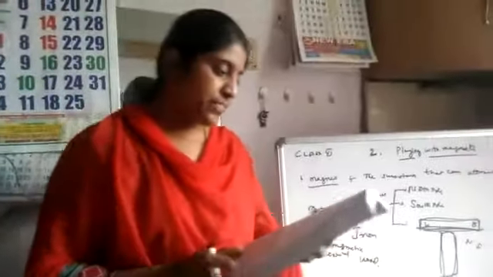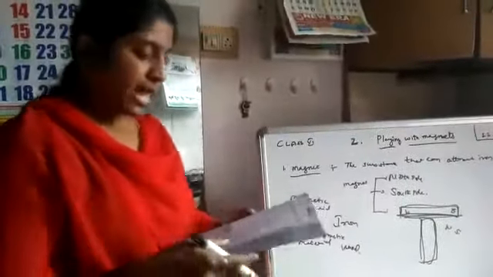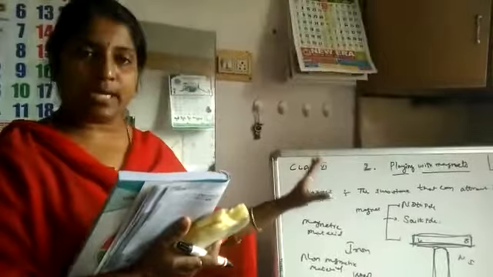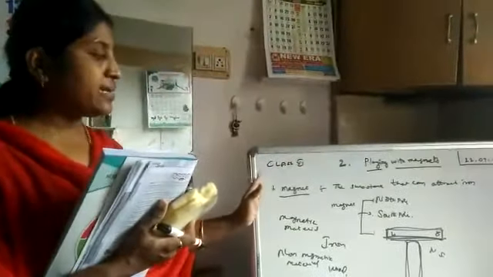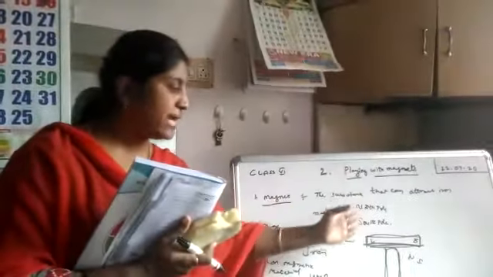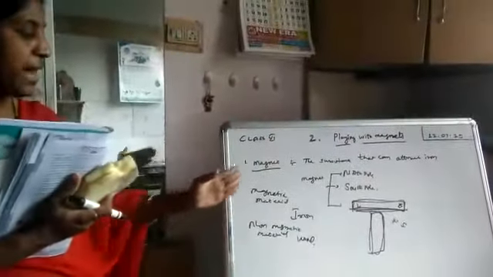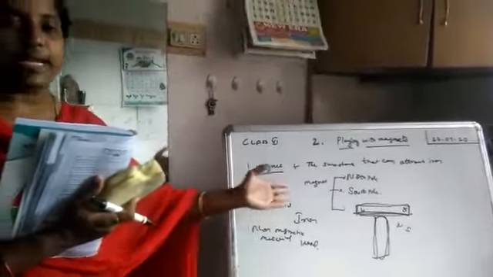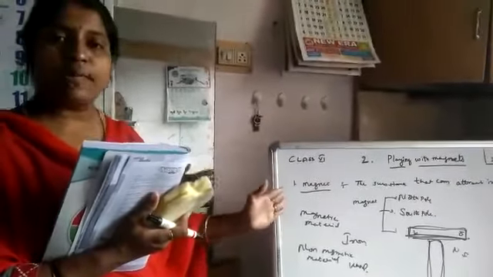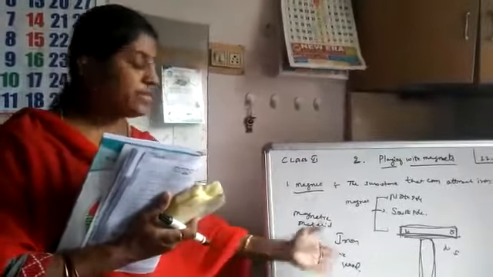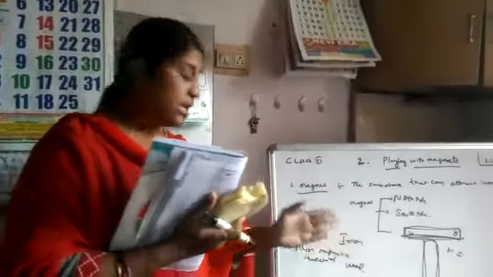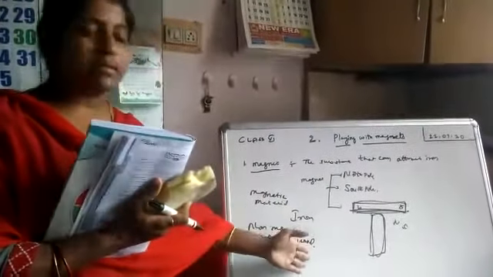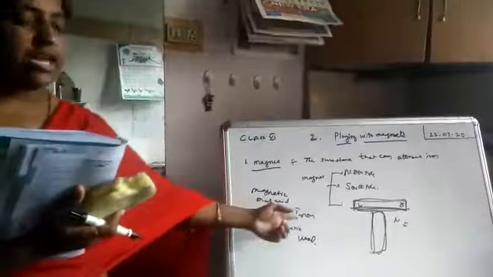And the next is the magnetic materials, already I told you, and the types of magnets. So once again I am repeating, what is a magnet? The substances that can be attracted by iron, that is called the magnets. Magnets are two types, north pole and the south pole. And the next one is magnetic materials, which materials can be attracted by the iron, those materials are called the magnetic materials. Non-magnetic means which materials can't be attracted by iron, that is called the non-magnetic material. For example, wood here. Magnetic material, for example, iron. Okay. Now types of magnets.